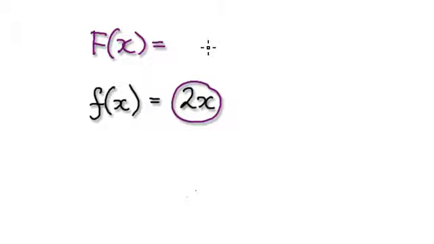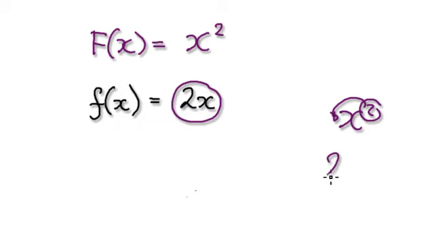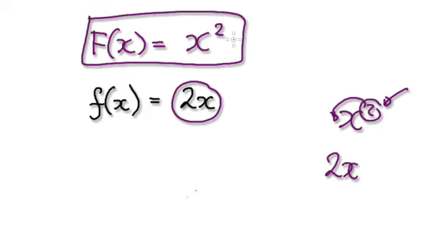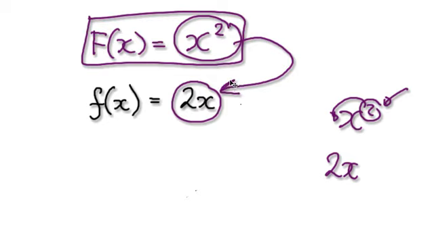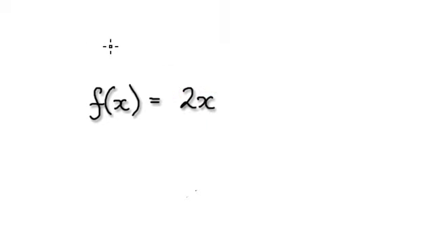capital F, which is just a notation. Okay, so the antiderivative would be x squared. If you look at x squared, when you differentiate it, it will give you 2x, and the power itself gets reduced by 1. So it will give you 2x. So the antiderivative is basically you trying to come up with a function that, when you differentiate it, will give you this thing here. Okay, so the antiderivative of 2x will be